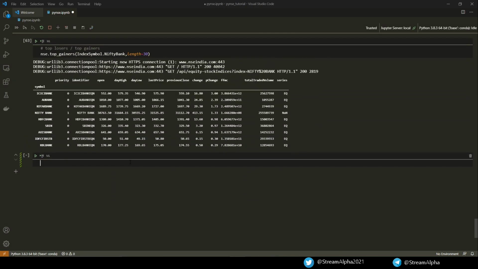Now the main methods in PyNSC that help you get the data from the NSE website are complete. There are two additional methods which you don't need to run frequently. Let's see both one by one. First is to update the symbol list. PyNSC has built-in symbol validation, such as if you try to get the option chain for a symbol that isn't listed in FNO, or you are trying to get data for a symbol that is not present in NSE, you will get an error that this is not a valid symbol. We have seen this earlier.